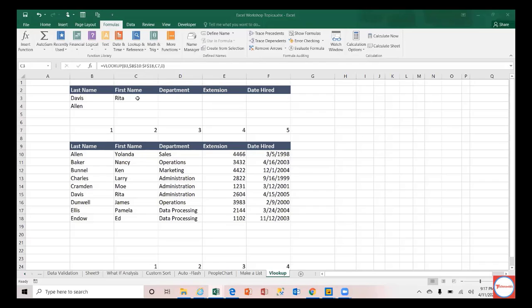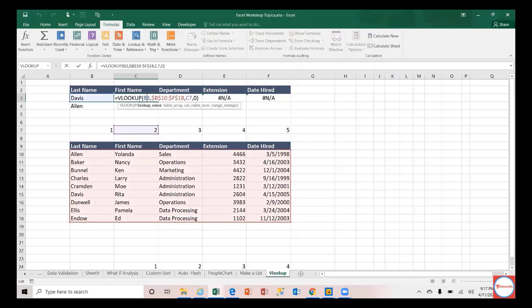So if you have to copy the formula, you can always drag this, right? Let us see whether this works. It's not working, right? What has gone wrong? Everything I did correctly. But I think while pulling the name, I didn't fix the reference. I know what mistake I made before even pressing. I have not fixed the reference for Davis. Davis is common, so I have to come here and press F4 again. Let us see whether this works fine now.